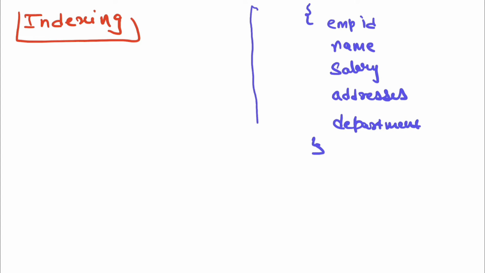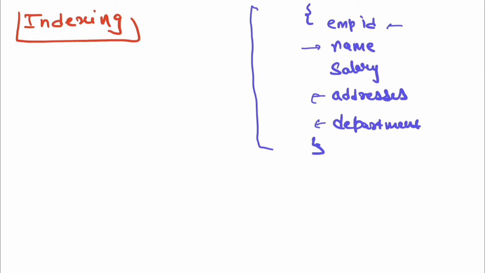defining a way for how you want to query your data. Let's say you want to query your data based on name, based on ID. You want to query your data based on a particular city in the address field. You want to query based on a particular department in the department field. So how you want to query the data, that is called indexing, and MongoDB has different types of indexing options available, which we are going to discuss